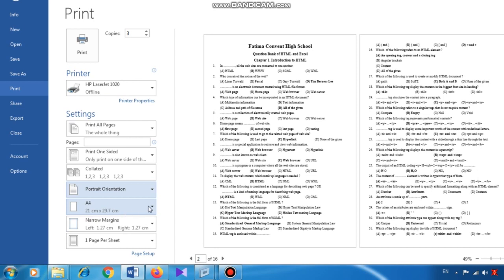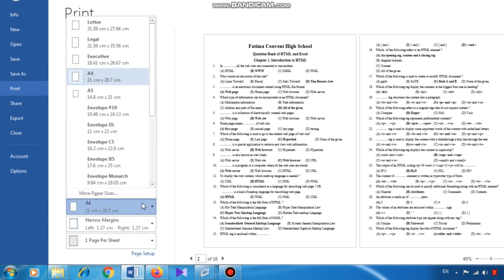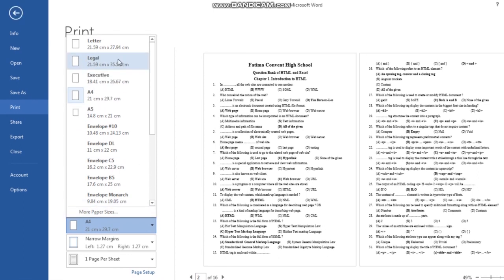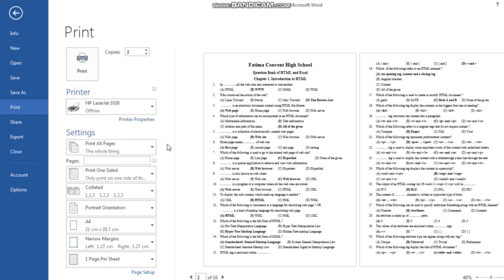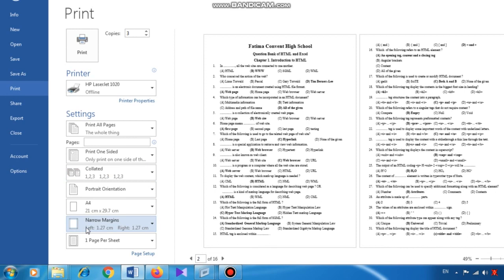Then we come to the paper size. From here I can adjust the paper size. According to the size of paper I have put in my printer, I have to select from here. For example, if I have kept a bigger size paper, then I have to click on legal. If a normal size, then A4. In your MCQ in the textbook, a question is asked, I don't remember it exactly, but something like: what is the size of A4 paper? You have to remember 21 centimeters by 29.7 centimeters. Suppose you want to take the printout on an envelope, that also you can adjust. Select from here. Then we come to the next topic, and that is margins.